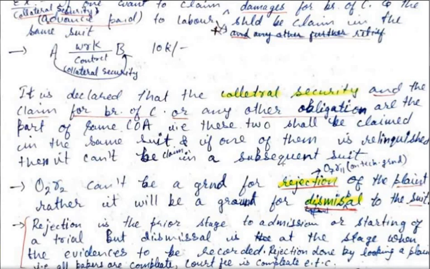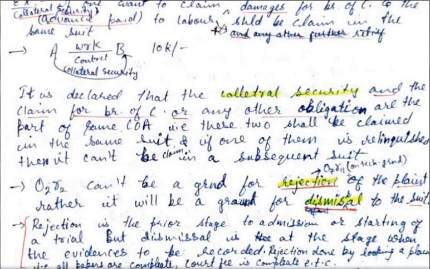ठीक। अब इसमें एक आखिरी पॉइंट है, वो और लिख लीजिए, उसके बाद this topic is over. इसमें एक सेंटेंस लिख लो जिसको हम बाद में समझेंगे, रिजेक्शन ऑफ प्लेंट है, जब पढ़ेंगे तब समझेंगे, पर अभी लिख के रख लो इसको। Order 2 rule 2 cannot be a ground for rejection of the plaint, rather it will be a ground for dismissal of the suit।